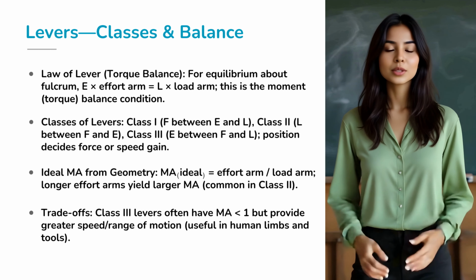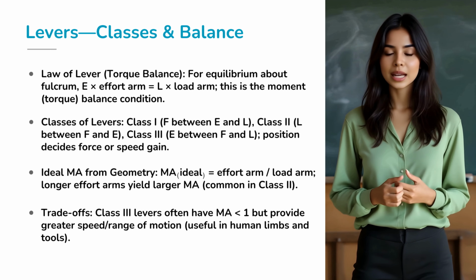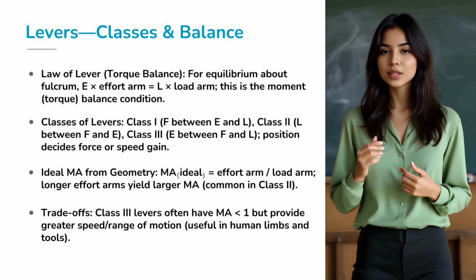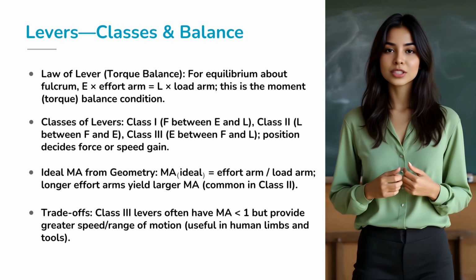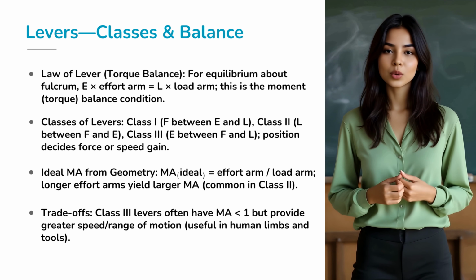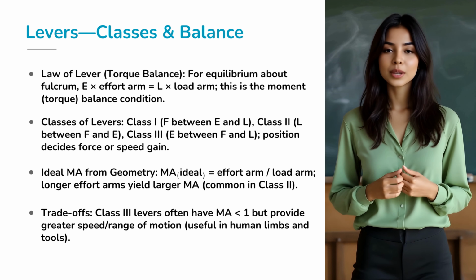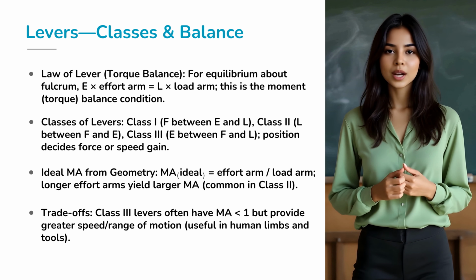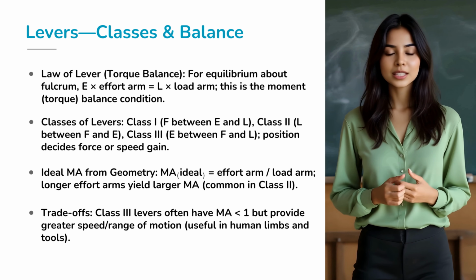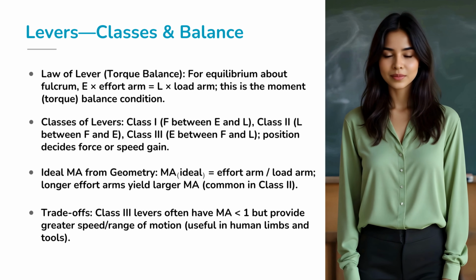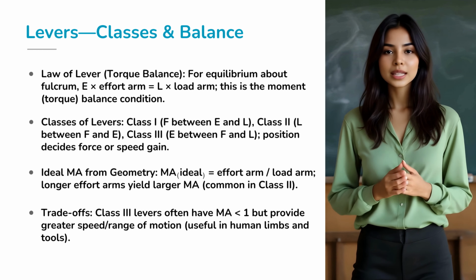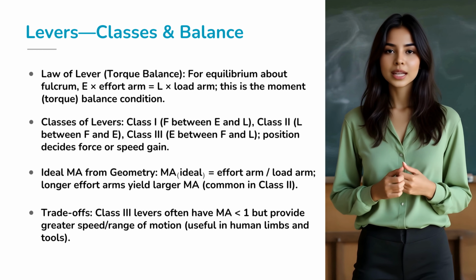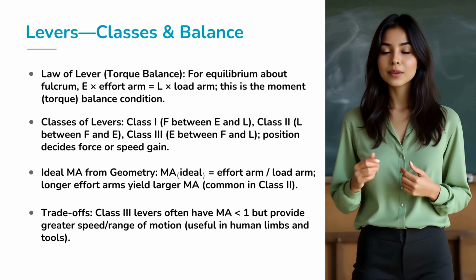The law of the lever states that for a lever to be in equilibrium about its fulcrum, the torque produced by the effort must equal the torque produced by the load. This can be expressed as effort multiplied by the effort arm equals load multiplied by the load arm, representing the condition for torque balance. Levers are classified into three types based on the relative positions of the fulcrum, effort, and